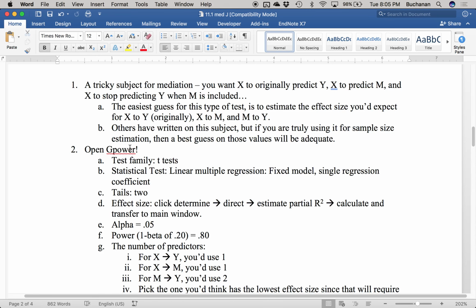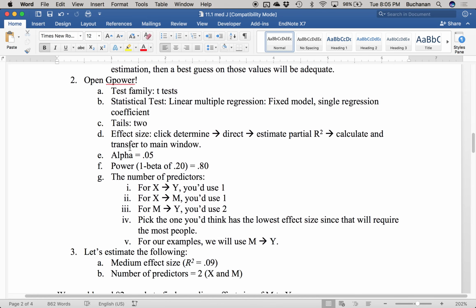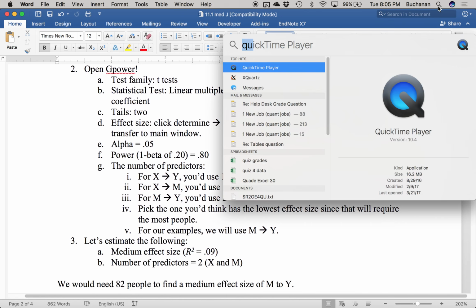We can estimate the effect size that we'd expect from X to Y, or X to M, or M to Y, the three paths we want to be significant. And we'll pick the lowest one. So we're going to use, very similar to our moderation video,